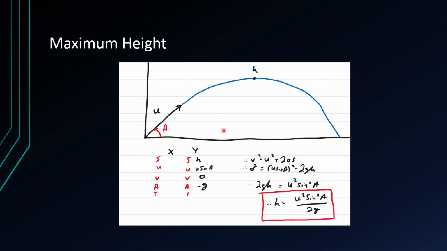So the first one is maximum height. We won't actually be caring about the x here because maximum height only depends on y. So v squared equals u squared plus 2as. We can have s as h, that's our max height. The u is, with our vector knowledge, u sine alpha. At the maximum height, it has no